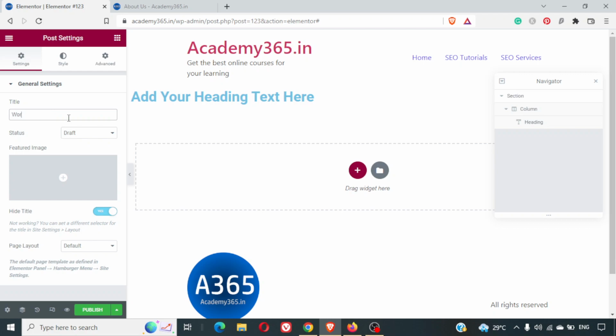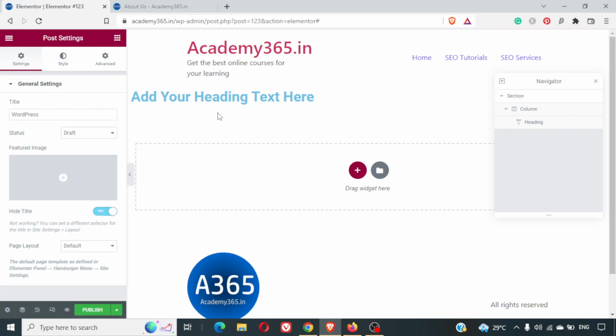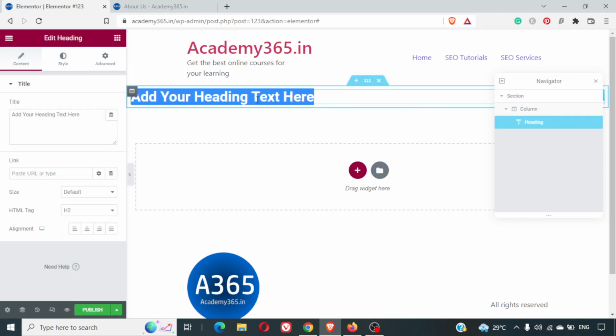and I recommend you can rename the page to whatever you want to do, maybe WordPress landing page. Okay, or maybe only WordPress, so that your URLs are neat, because later on changing the URL is a challenge in Elementor. Okay, we have got our custom heading. We can name it as about us,